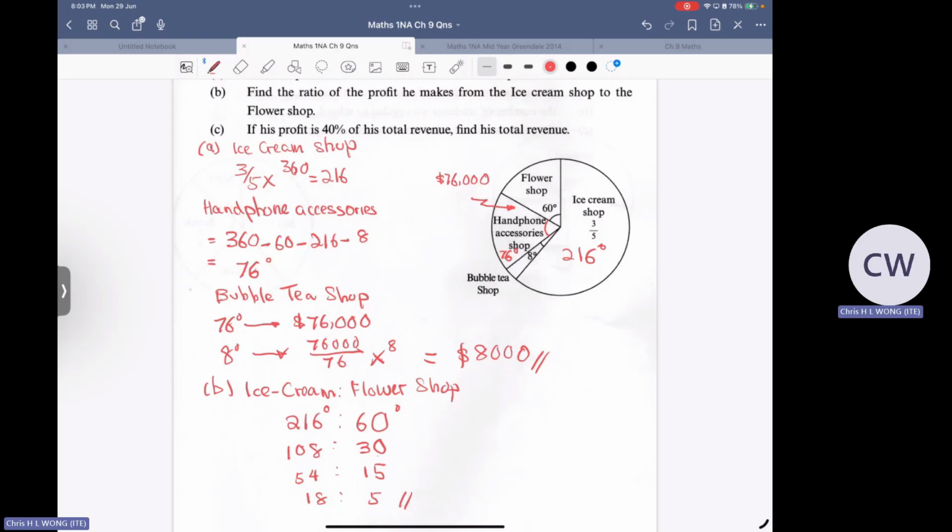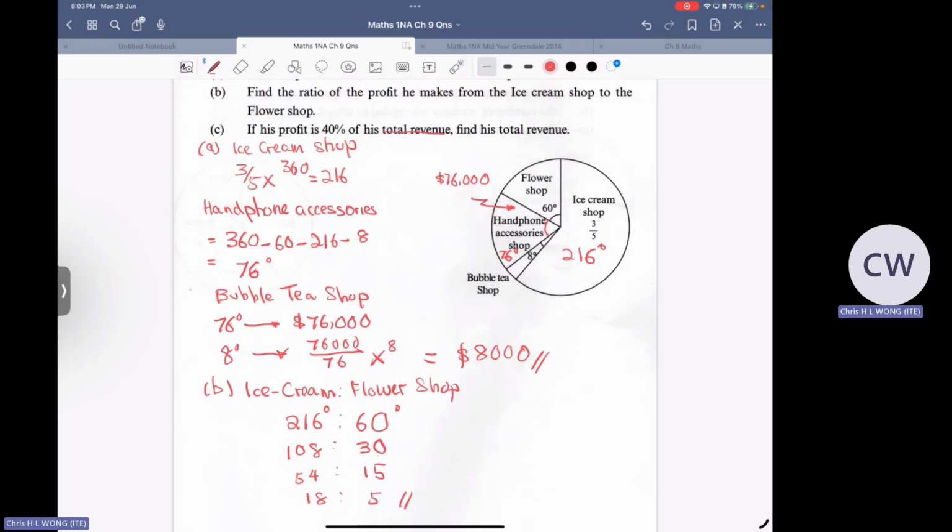I told you, right? The whole circle is the total profit that he made from all the business. His total profit, how much did he make altogether? They can only tell you the profit is 40% of his total average. Actually, it's not total. 40% of the original revenue. Original revenue means before you make any money. 40% of the original value. So maybe you need to cancel. No? It's not a total. It's original value. So I cancel this.